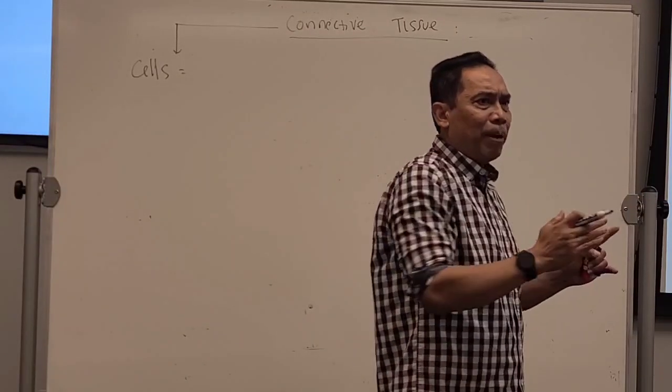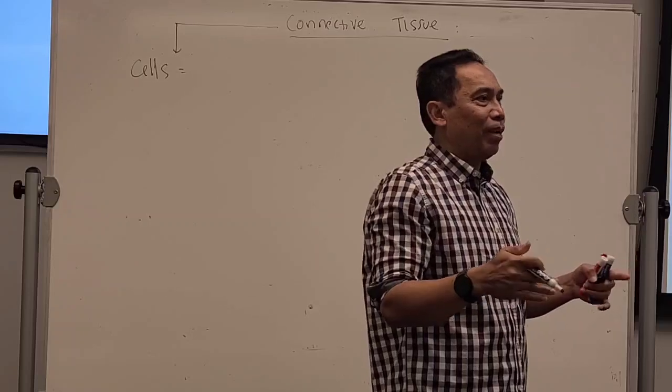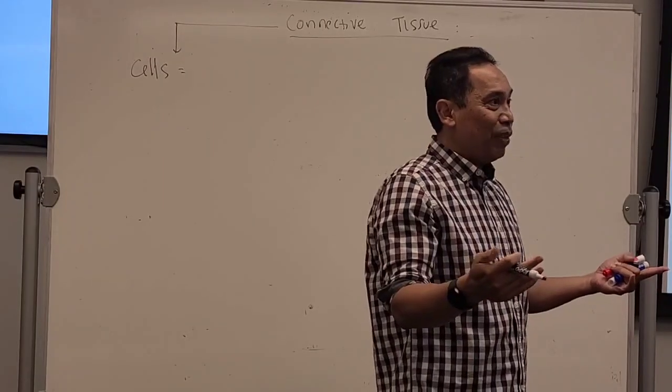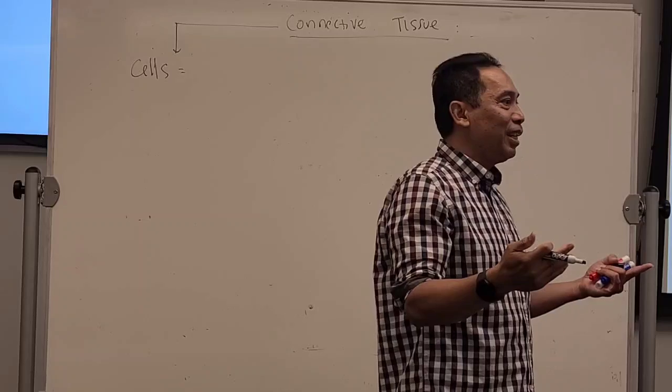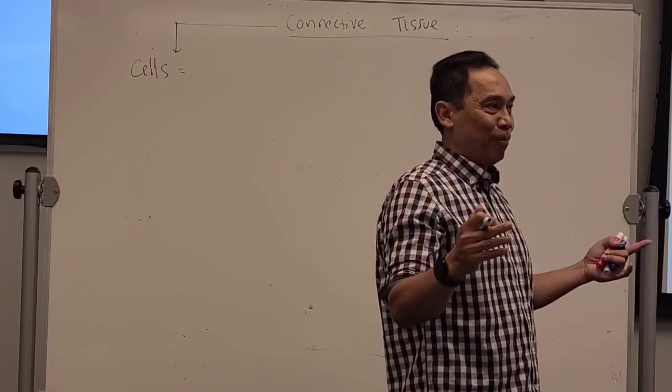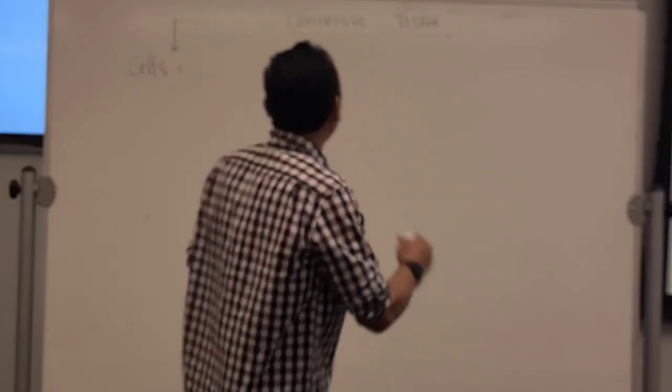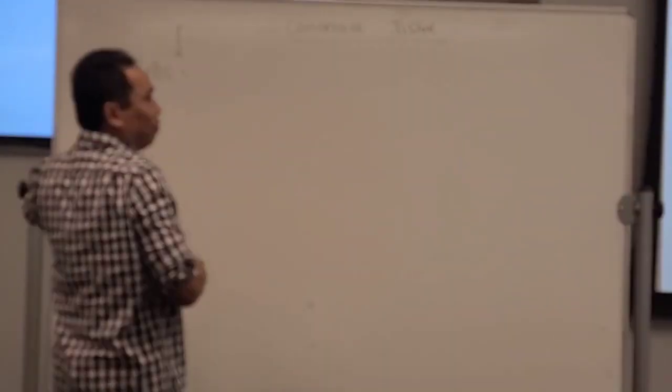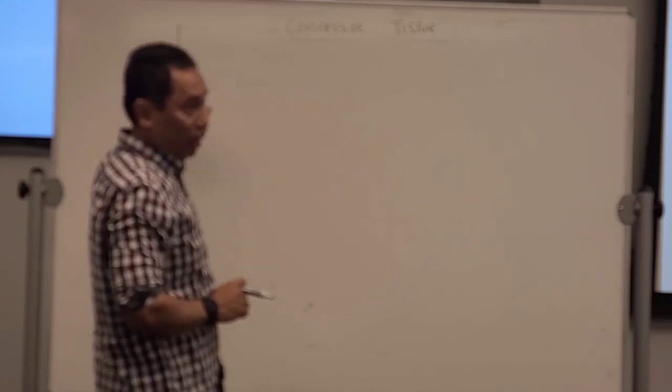Okay, so many different functions. So this connective tissue, the main character of connective tissue, it has cells. The cell names will be different based on the tissue itself. Like in the blood, the cell will be what? Red blood cell, white blood cell, right? If it is in the bones, the cell will be osteocyte, osteoblast, osteoclast. So they have different names. They have cells, which are going to have different names based on the different connective tissue.